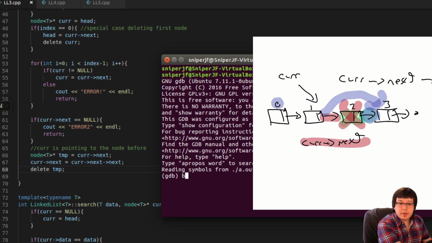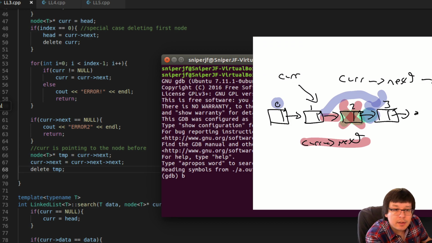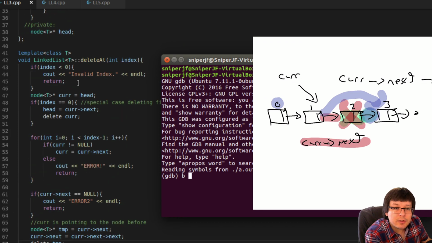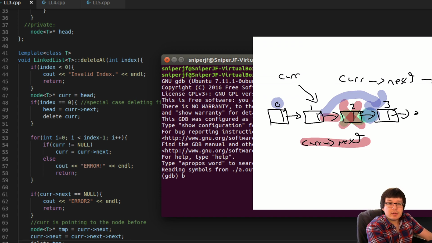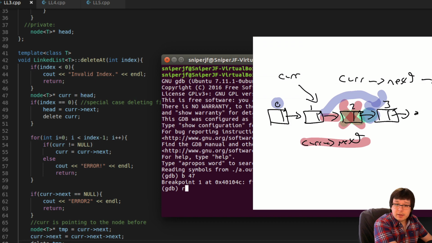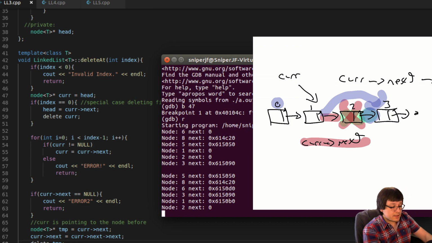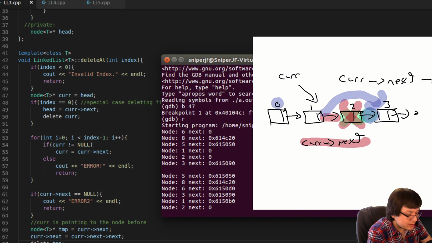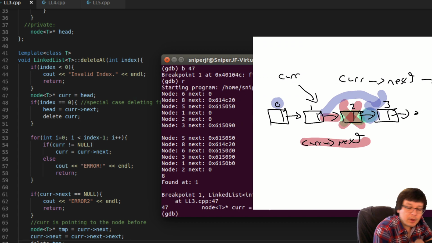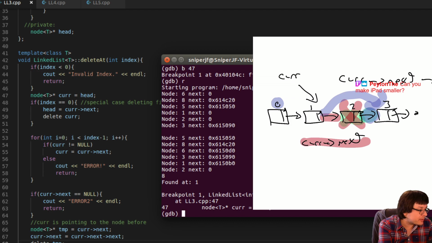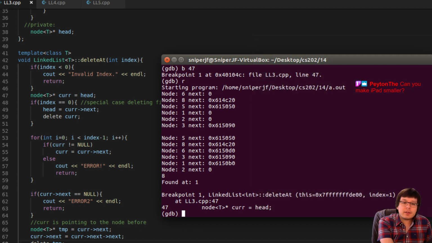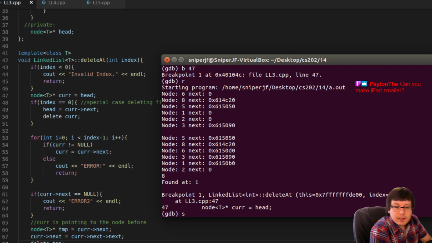And then let's set up a breakpoint at line... where does this function start? Line 43. Or actually line 47. Let's break on line 47, and then hit run. Let's say we want to delete the 8. Let me hide this so you can see the debugging process, because it's useful for you to see that. Now that I set up a breakpoint, I am going to use the step key